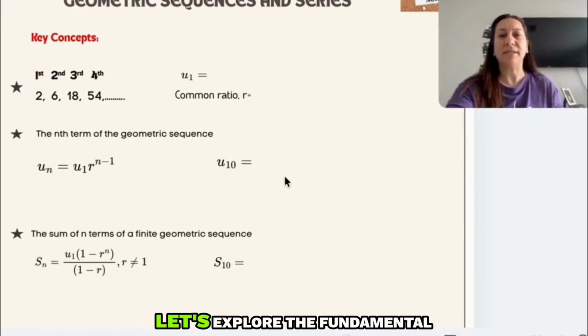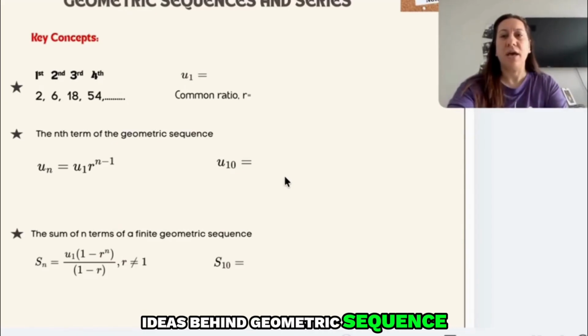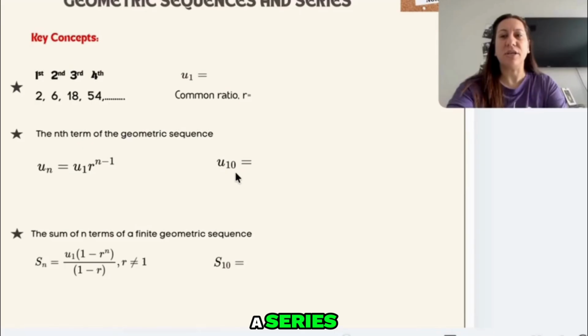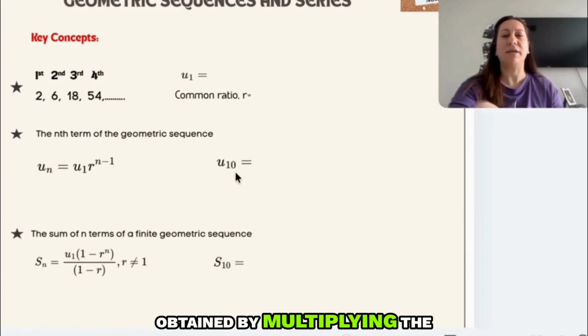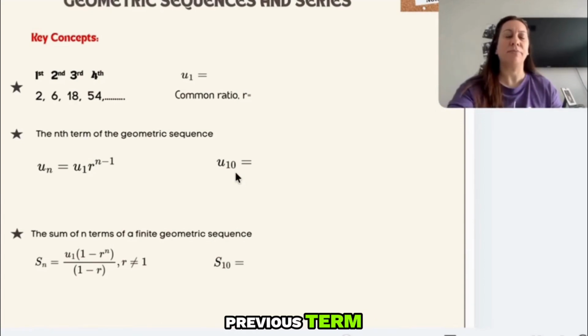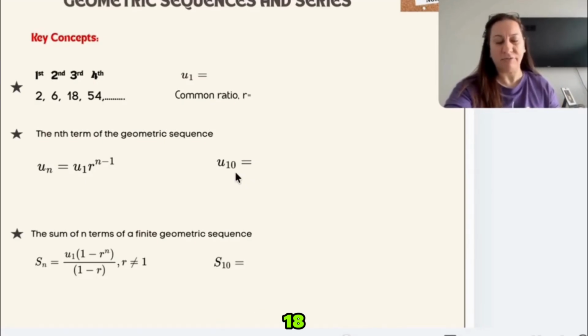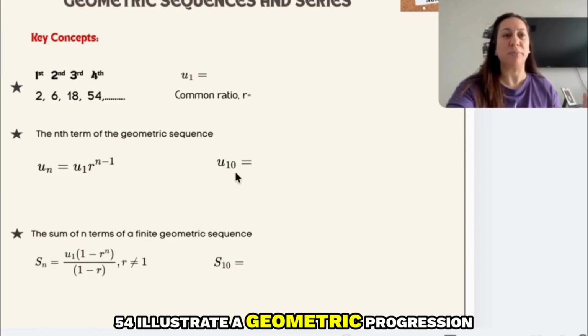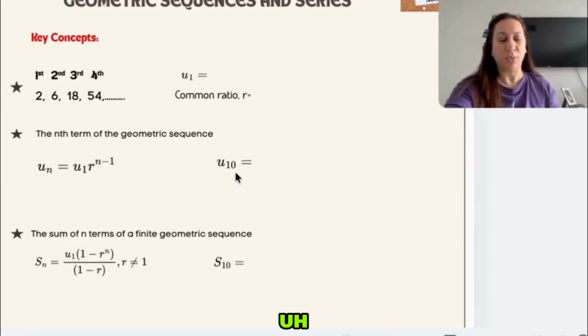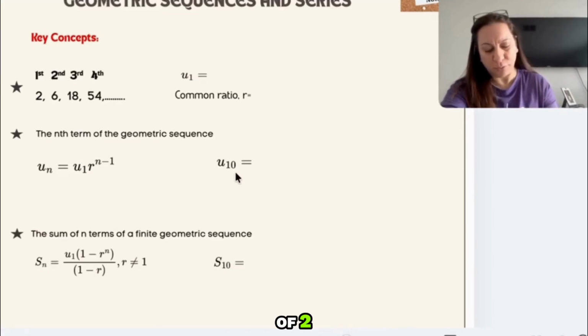To begin, let's explore the fundamental ideas behind geometric sequences. A geometric sequence is a series of non-zero numbers where each term is obtained by multiplying the previous term by a fixed number called the common ratio. For example, the sequence 2, 6, 18, 54 illustrates a geometric progression with a first term of 2